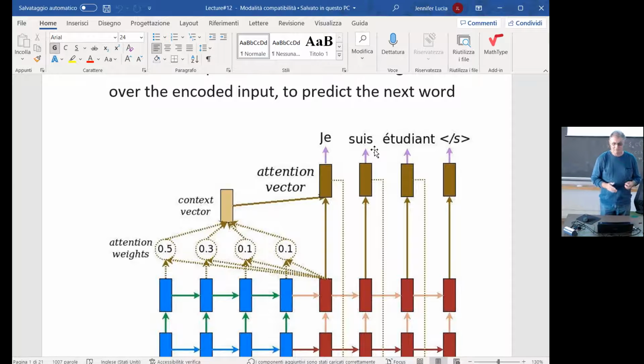We can see that the order of the words is different in different languages, and the sense of the sentence is heavily dependent on the order of the words in this sentence. Yes, "I am a student," "je suis un étudiant,"